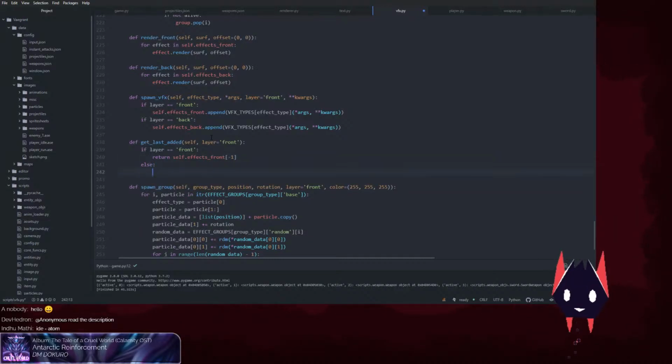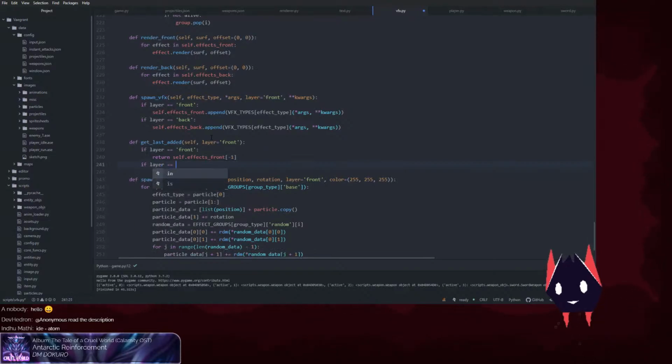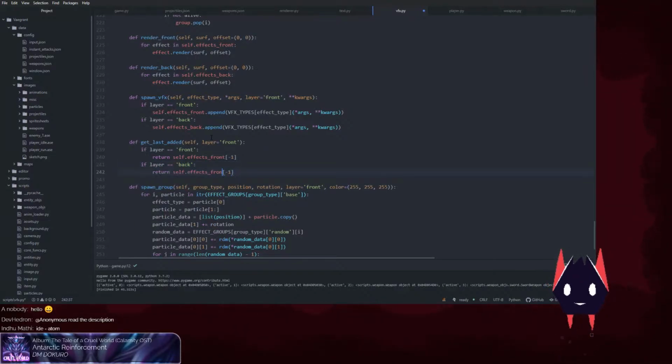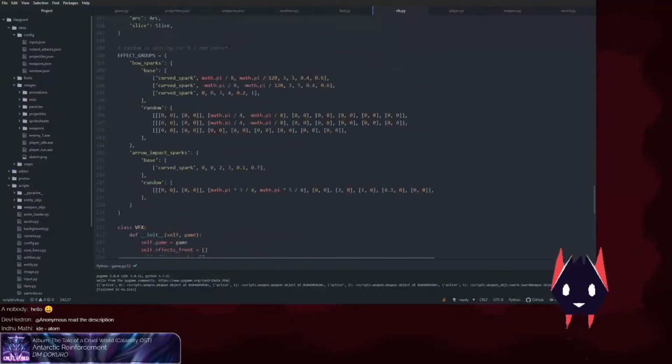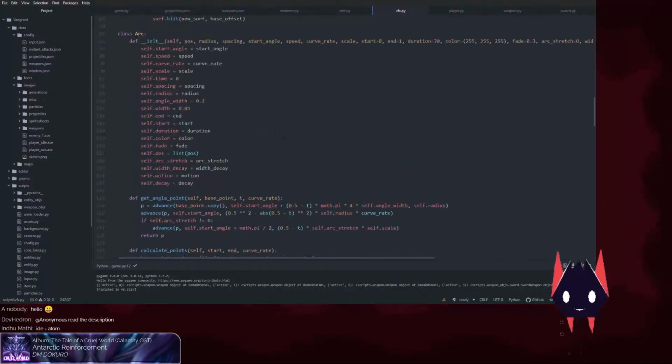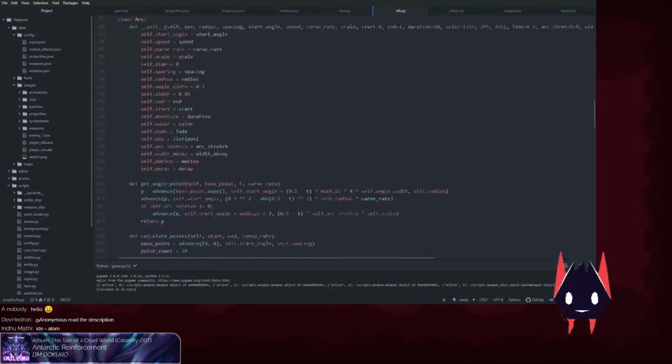Otherwise, or not otherwise, if layer is back, and then it returns the back. So that way I can grab it, and now I can add a function to here that'll generate the mask,